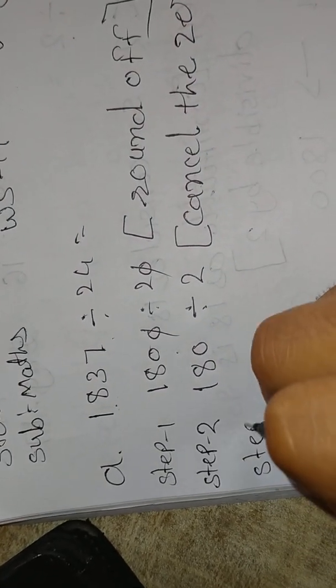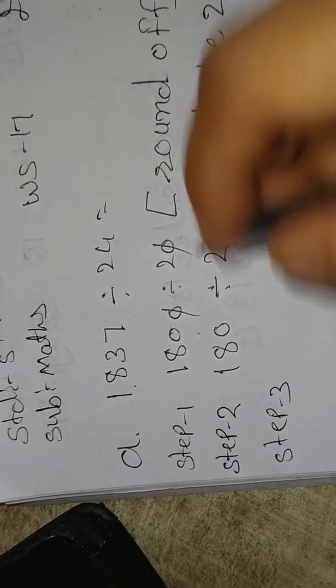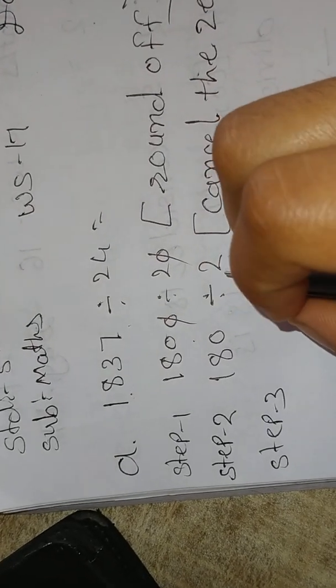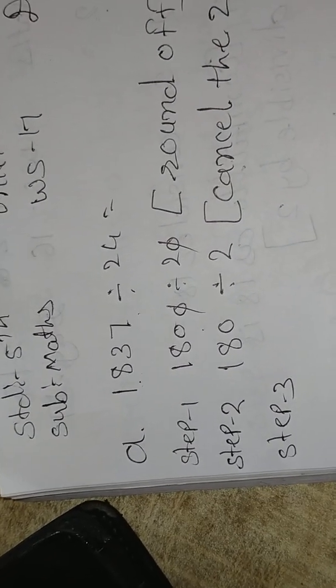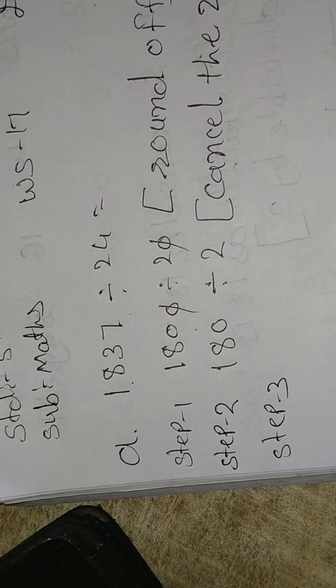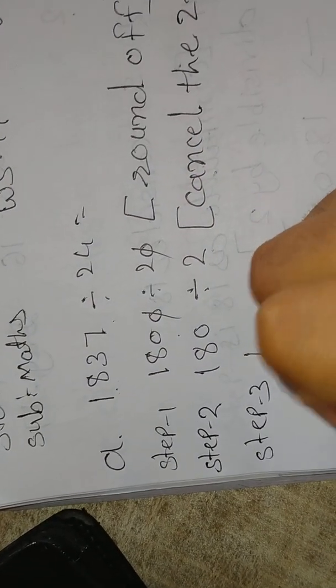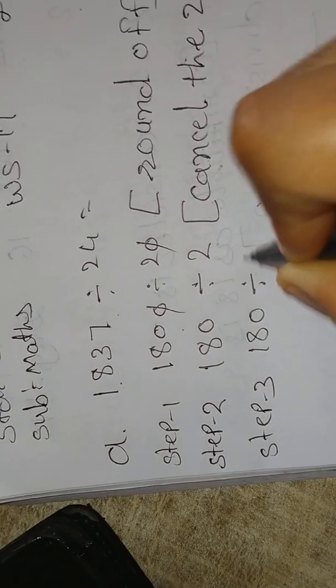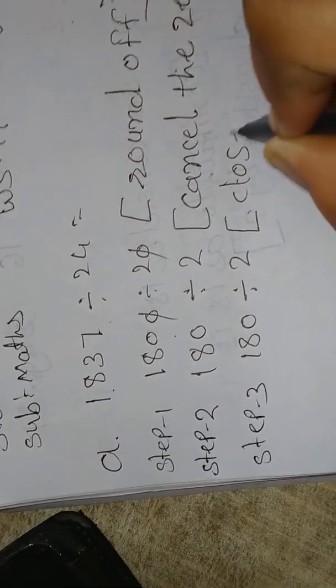Step number 3, we have to find the closest compatible number to the dividend that can be divided by the divisor. So here we have to write 180 divided by 2. In a bracket we have to write like that, closest